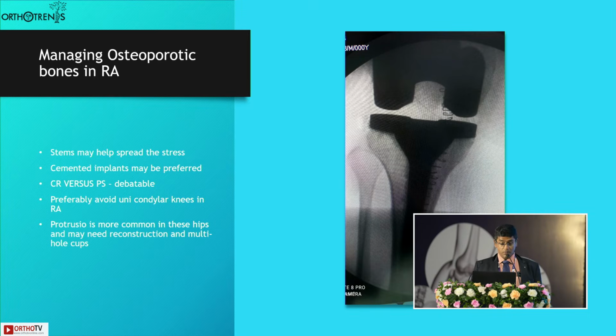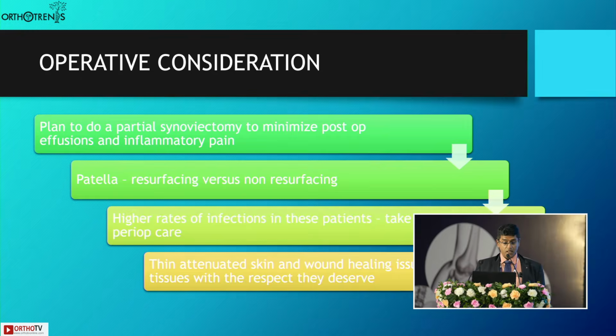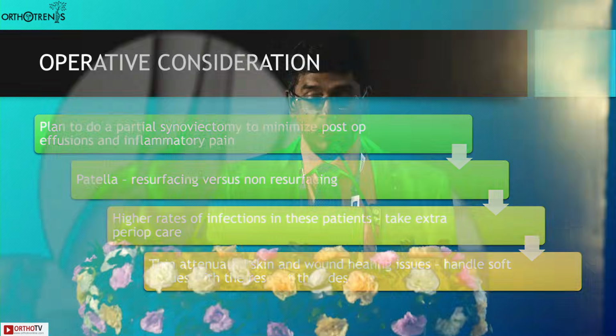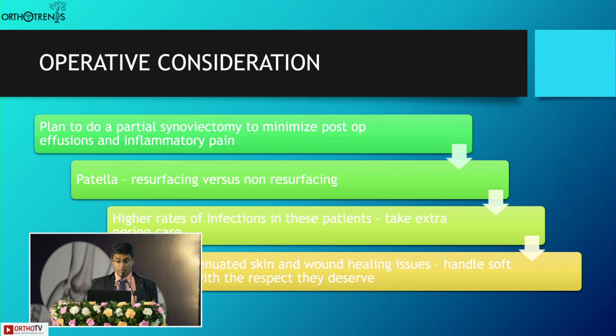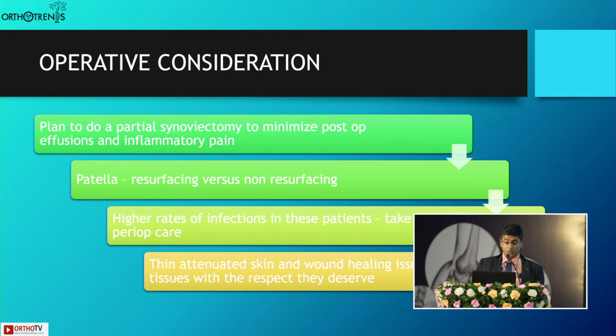Protrusio is a common problem in rheumatoid hips, so one may have to be prepared to reconstruct the medial wall and keep multi-hole cups available. Now, while operating, plan to do a partial synovectomy to minimize postoperative effusions and inflammatory pain. Resurfacing versus non-resurfacing patella, the debate never ends, but perhaps it makes no difference. There are higher rates of infections in these patients. These are patients where probably, although there may not be much evidence for it, I would like to use a dose of teicoplanin